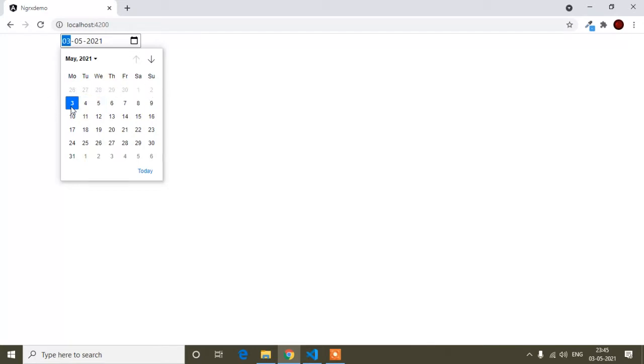Today's date is 3 May 2021. You can see I can select only 3 May. After that, 2, 1, everything in the past is disabled, and the previous date button is also disabled. But if I want to go to a future date, I can do that. Now the past date button is enabled, because I have come to a future date. So now I can go back only up to today's date. In this tutorial I will show you how you can do that.